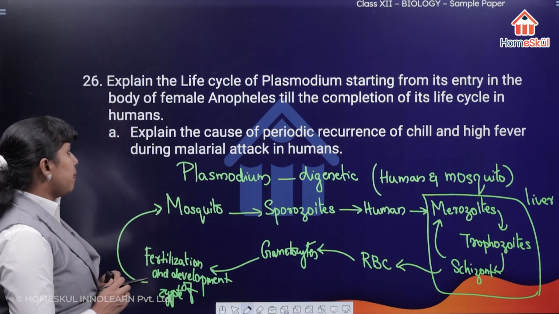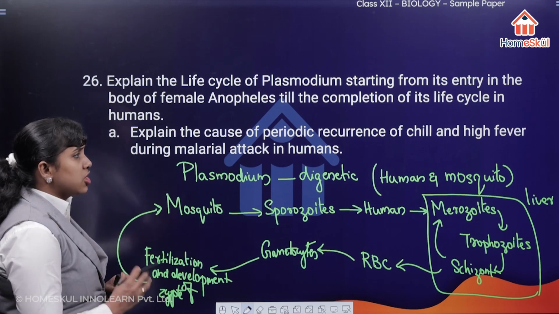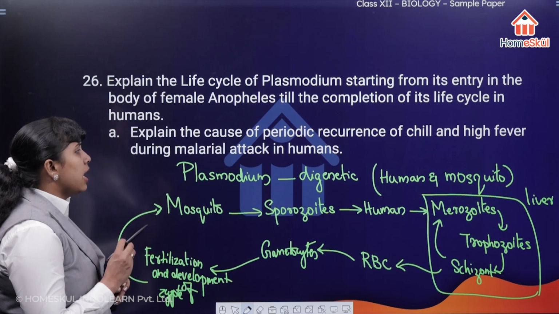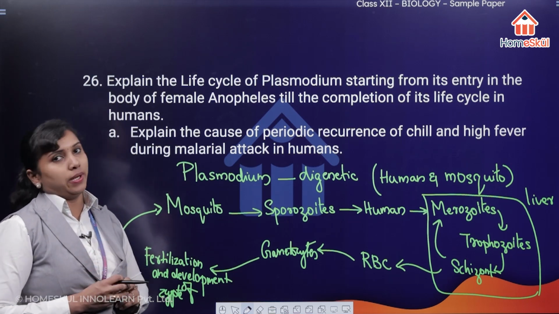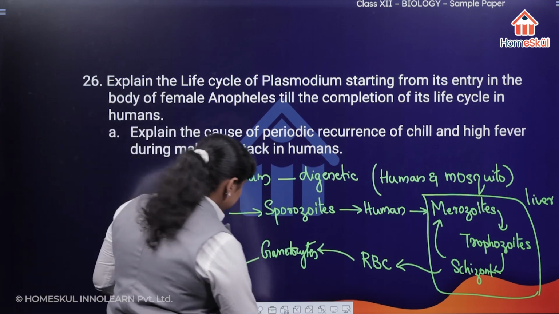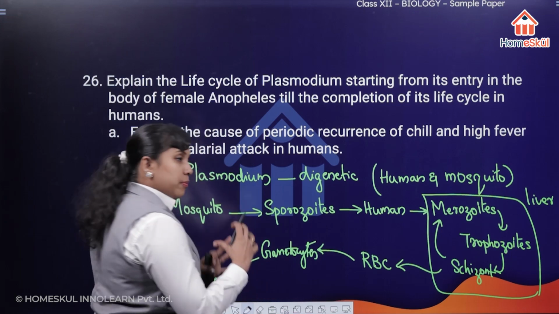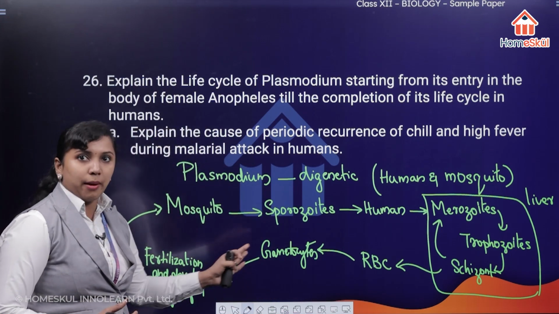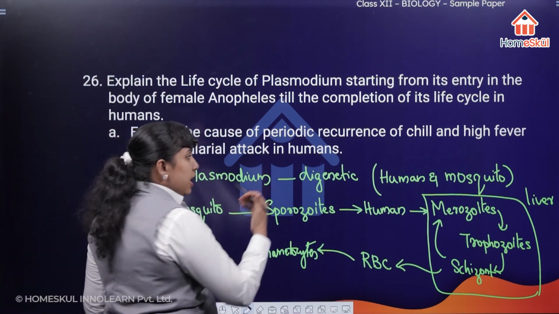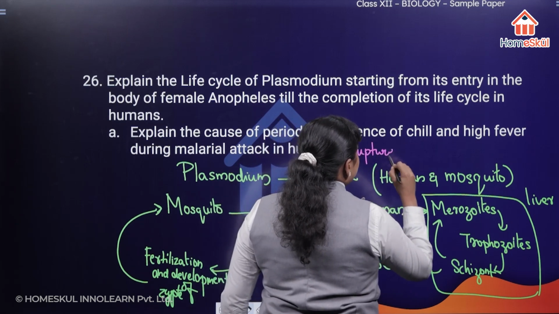Then what was the second part of the question? Explain the cause of periodic recurrence of chill and high fever during malarial attack in humans. So this occurs when the RBCs rupture. So I said that the RBCs rupture, releasing the gametocytes, right? So the rupture and release of RBC